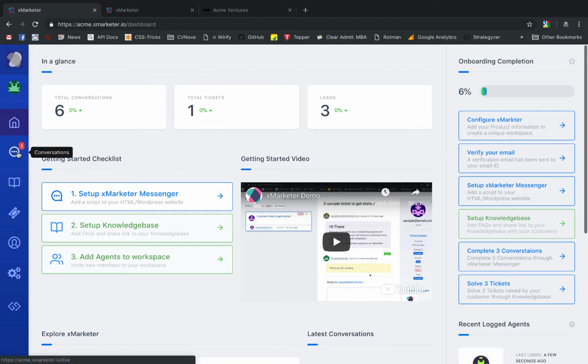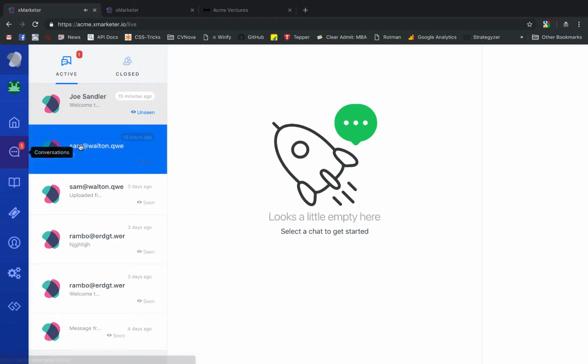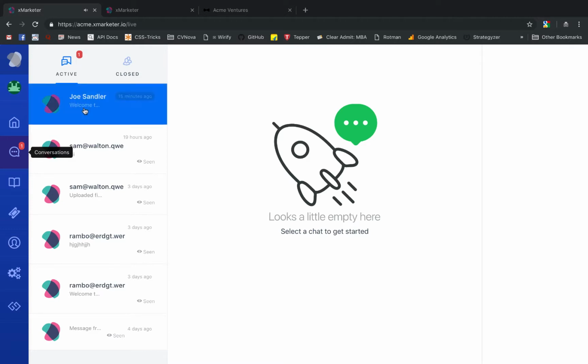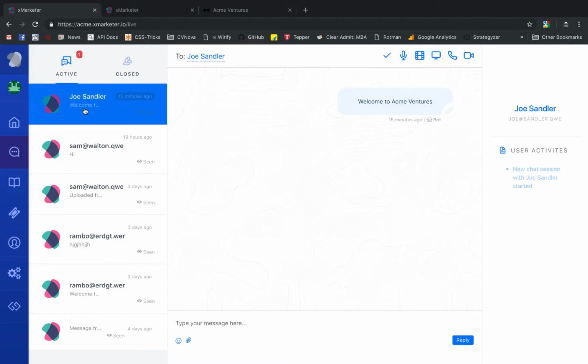In order to send video mails to your users, click on the Conversations icon on the left sidebar to open your ongoing conversations. On the Conversations page, click on an ongoing conversation with a user to whom you want to send a video mail. To send a video mail, click on the film icon on the top right part of